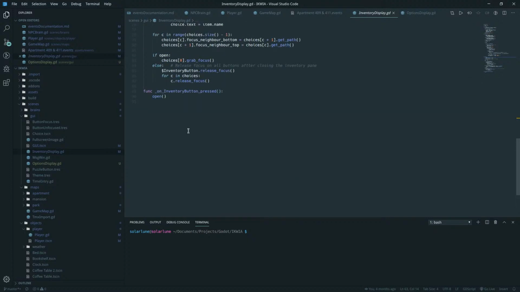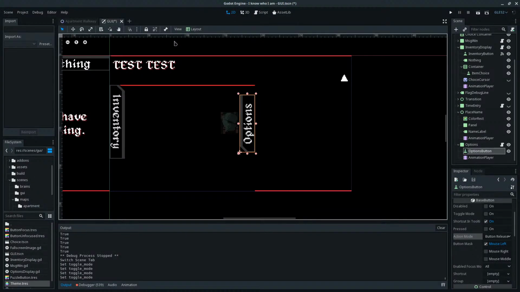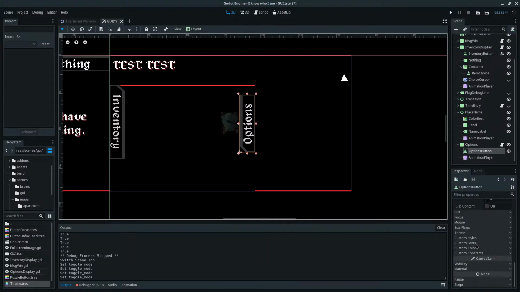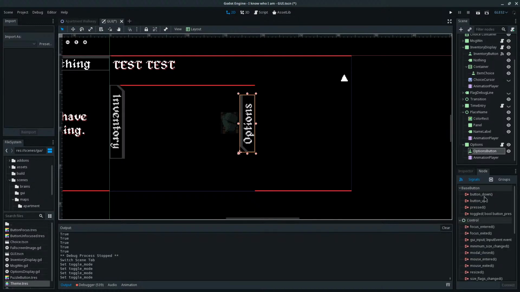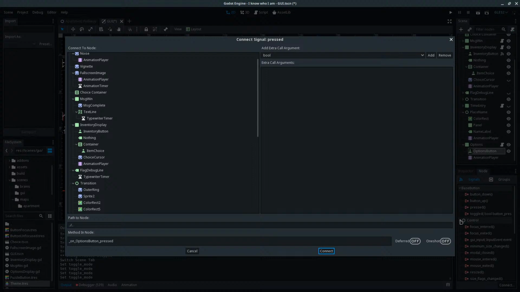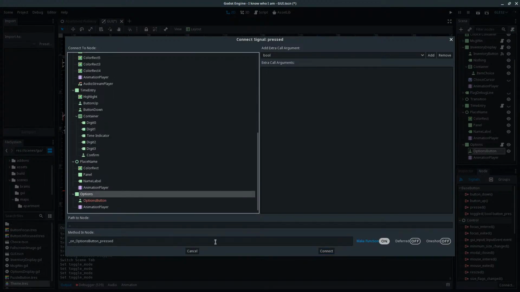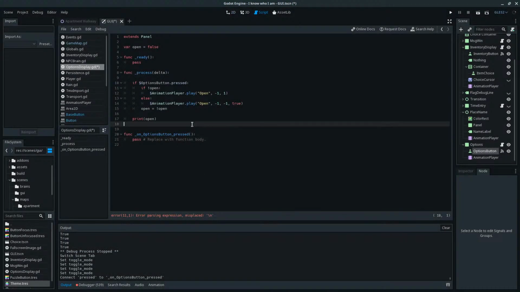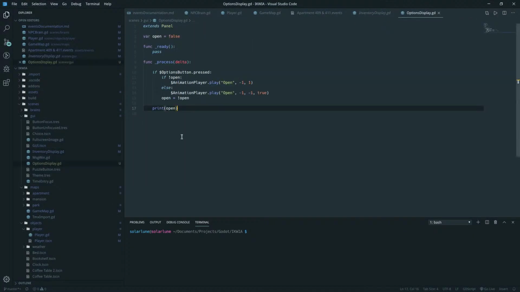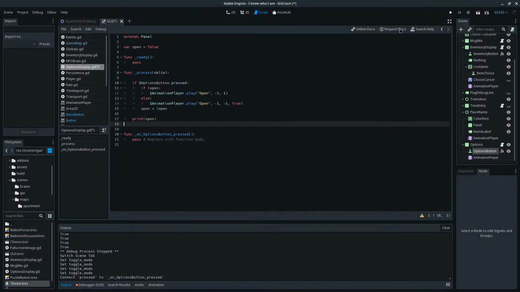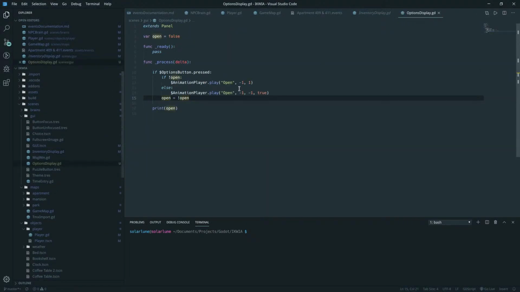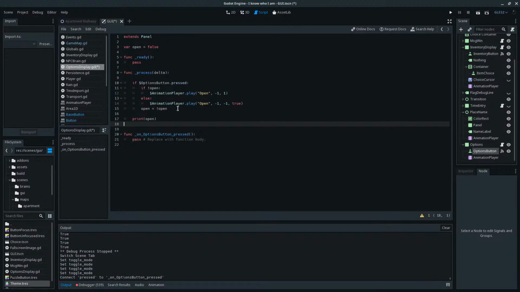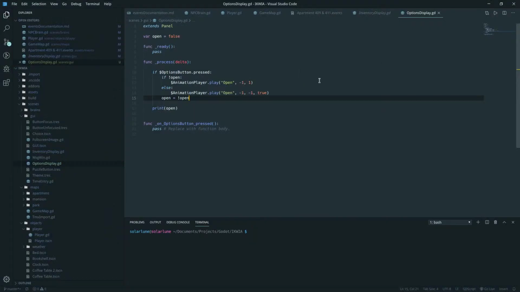Oh, okay. So I linked it directly to the button being pressed. Okay, I thought maybe I did something special. Okay, so we'll just do the same thing then. So... pressed... options, connect. Yeah, so there we go.